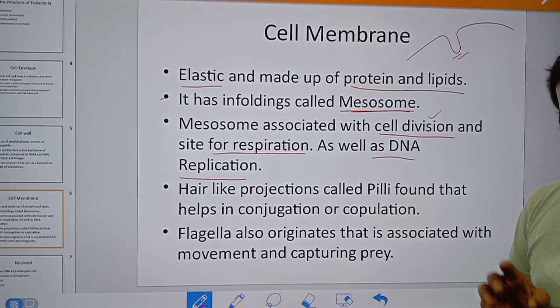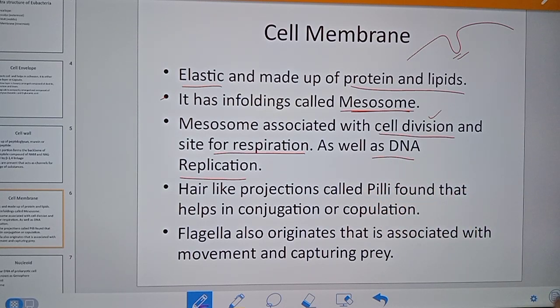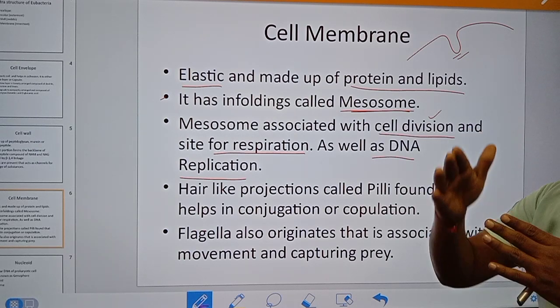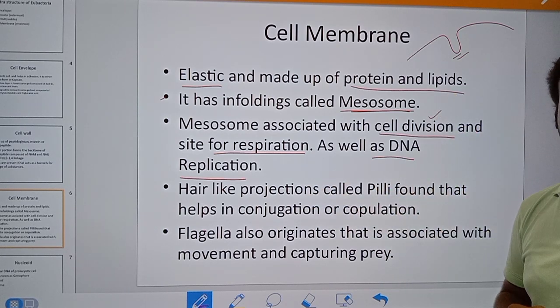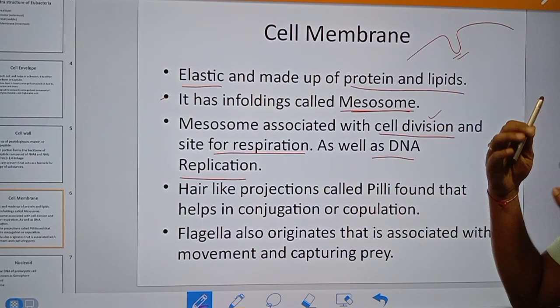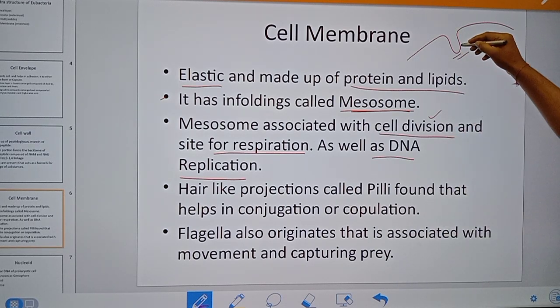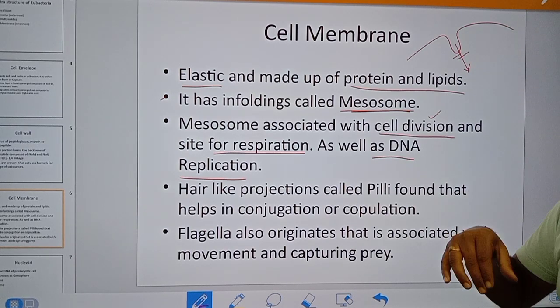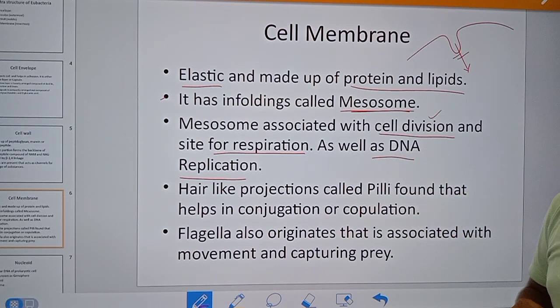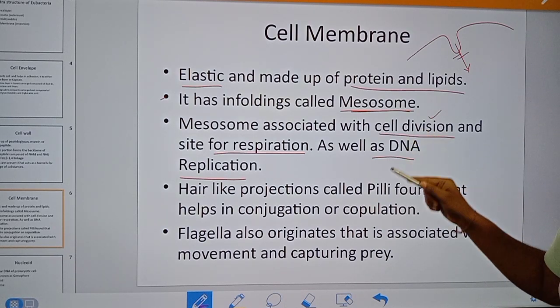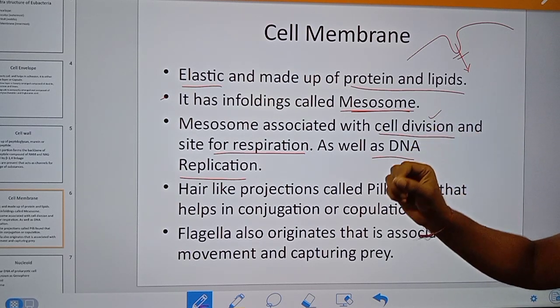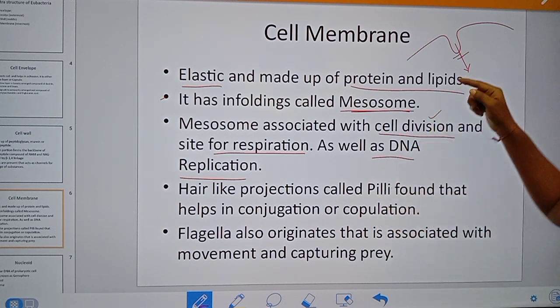We know that cell division in the case of a prokaryotic cell, one of the examples is binary fission. So a cell will divide at the middle, and it develops into two different cells. So cell division or binary fission initiates at the point of this mesosome. This mesosome grows more and more deeper into it, so that the two cells get separated from each other. That is an important role in the fission process. So it is associated with cell division by marking or initiating the process of binary fission at the point of the mesosome.